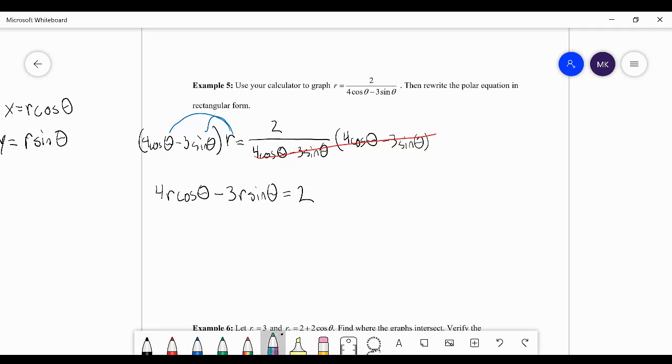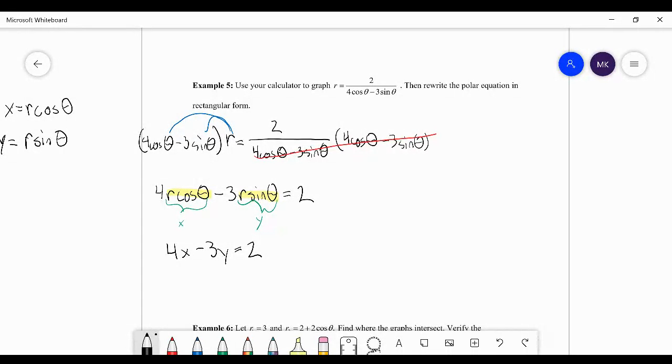Ooh. And look at that. That is x, and that is y. So by substituting in that x equals r cosine theta, y equals r sine theta, we get the equation 4x minus 3y equals 2. Now, if we're doing it as a rectangular equation, technically, yes, that is good, but